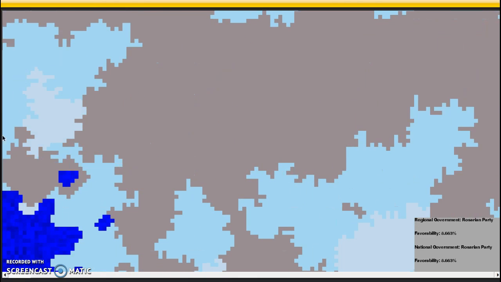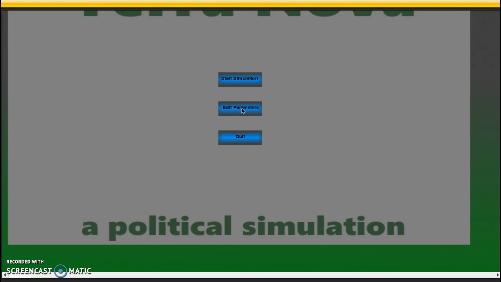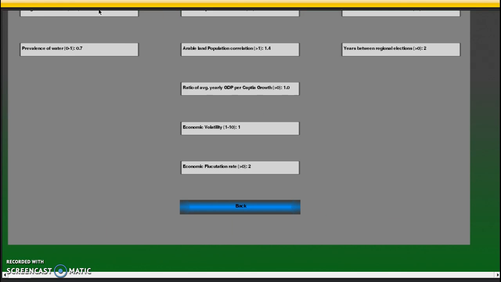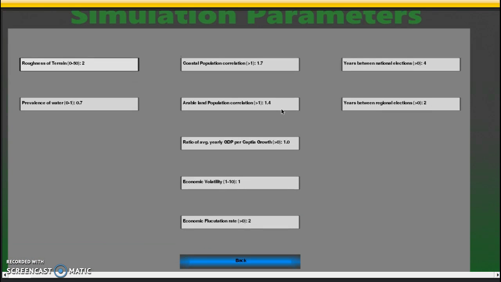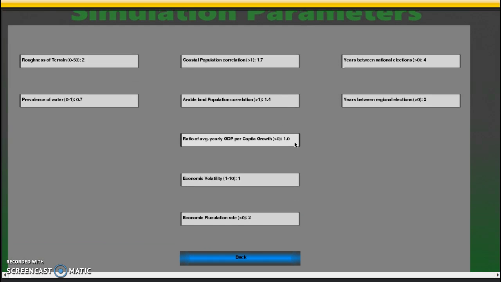If we're done with this, we can go back to the menu and try it again with different parameters. I could make the terrain very smooth. I could make it so that the economy